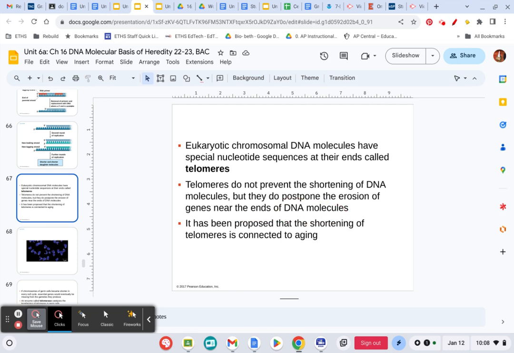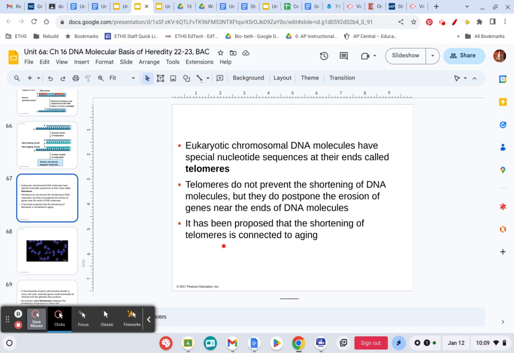Anything that might serve a vital function at the end of our chromosome could be affected by that shortening of the DNA each replication cycle. But if you've got these telomere regions, you're just cutting off the telomeres, and the genes won't be affected because, that we know of, there is no function for these outside of being cut off by the cell as it goes through replication. So one of the things that has been proposed is that the shortening of telomeres, and I don't know if they can actually do this at this point or not,